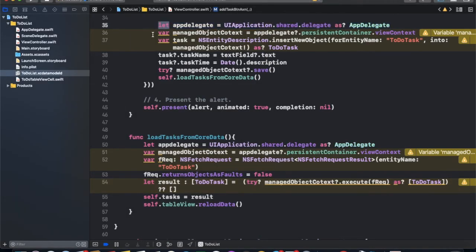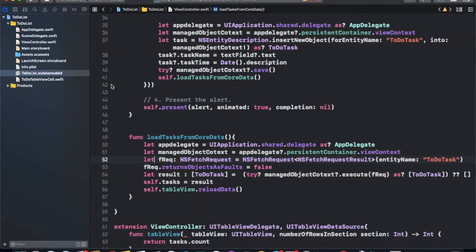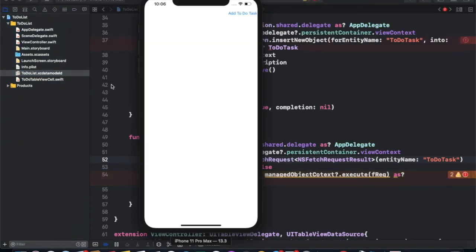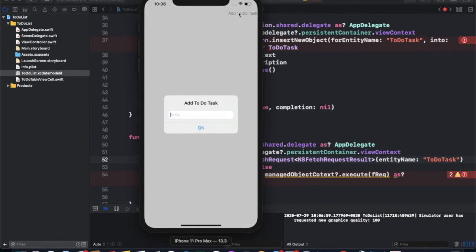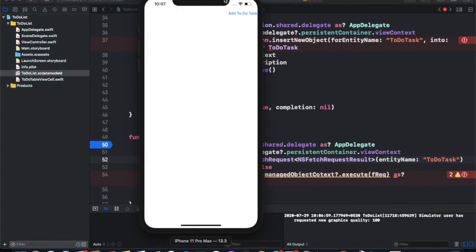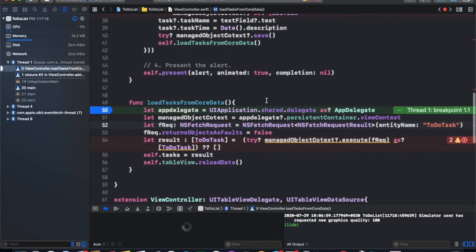Now I'll show you which one. Now add a task. Let's see the alert. Task 1. Okay. Again we add a task, task 2.